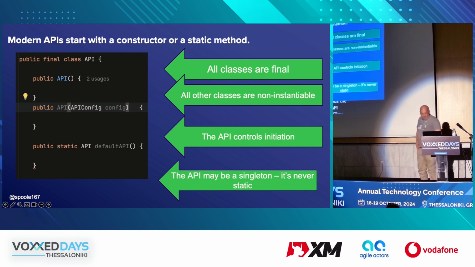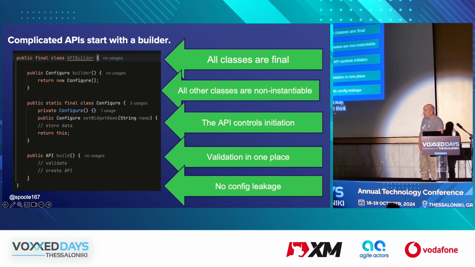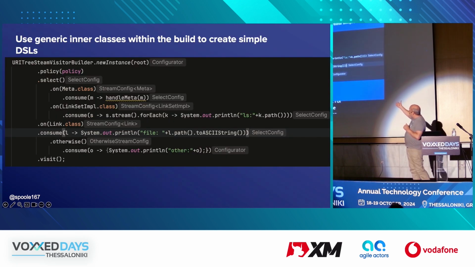Let me skip over a couple of these things. The way to think about this is, yes, certainly for small classes, use constructors. For larger classes, look at using the builder pattern because you can describe those interfaces. You can build little DSLs with inner classes. Once you get your head around it, it's really easy to do. That's your API, and that's much more flexible than a constructor. And it's much more flexible and safer than having a constructor and then telling people what order to call methods to set it all up.